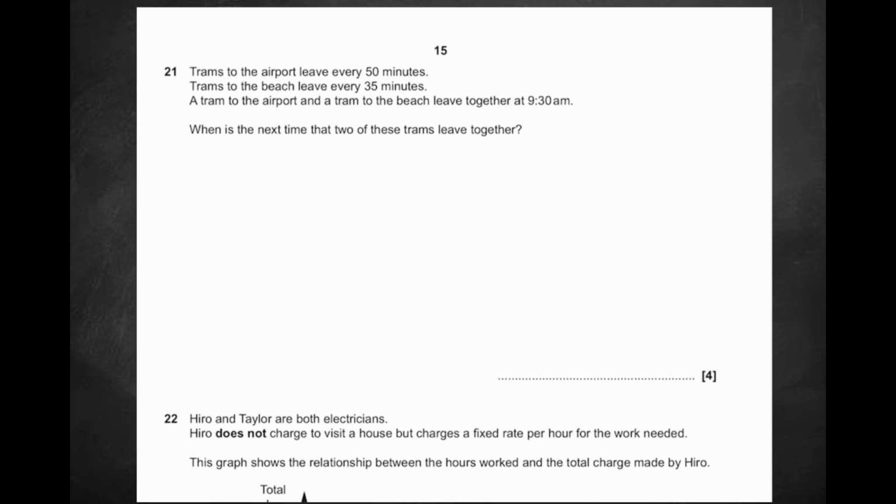Trams to the airport leave every 50 minutes. Trams to the beach leave every 35 minutes. A tram to the airport and a tram to the beach leave together at 9:30. When is the next time that 2 of these trams leave together? I think the best way to do this question is just going to be brute force. So I'm going to say